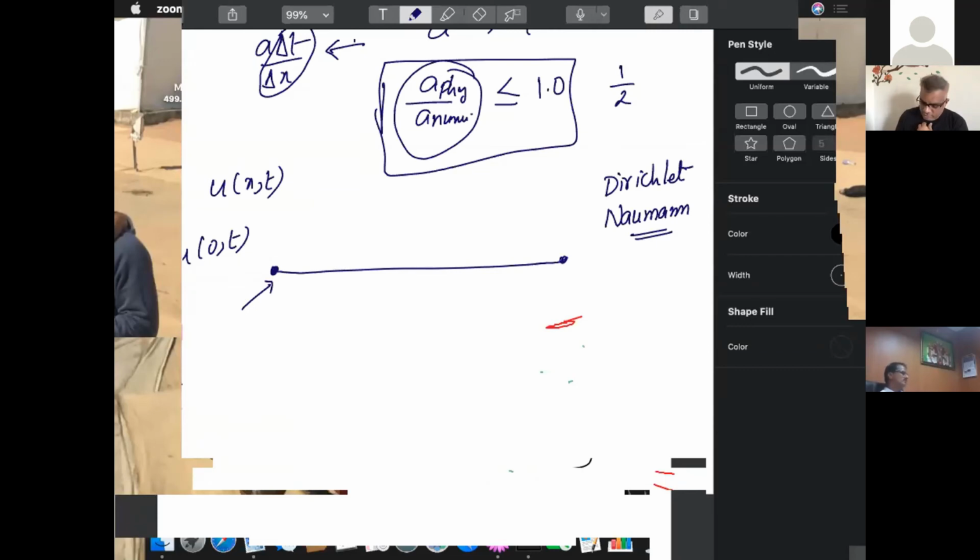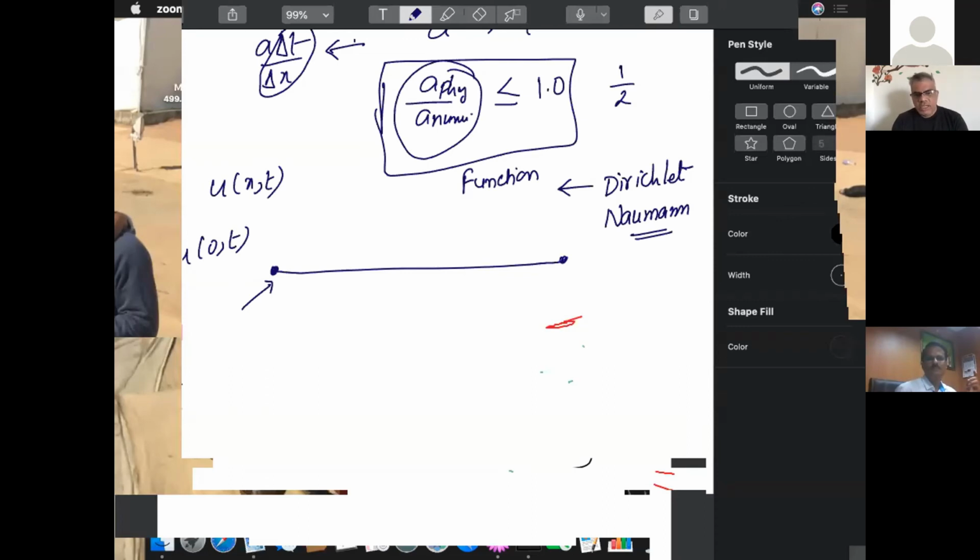Dirichlet condition says that if you prescribe the function itself at the boundary, if you know the limits that I should have. So when you're solving a particular problem, you should have that minimum idea of what the value of the function should be at the boundary, or what kind of flow field you have. If you can prescribe the function at the boundary itself, then they are called Dirichlet boundary conditions.